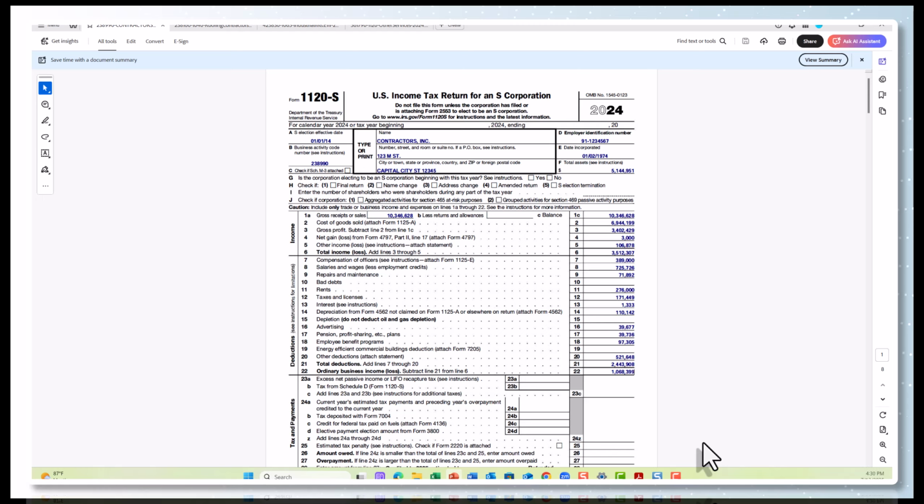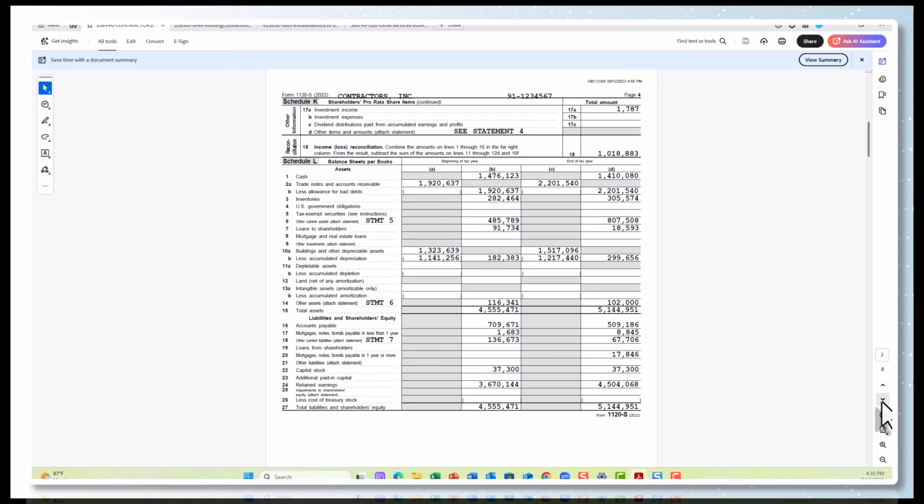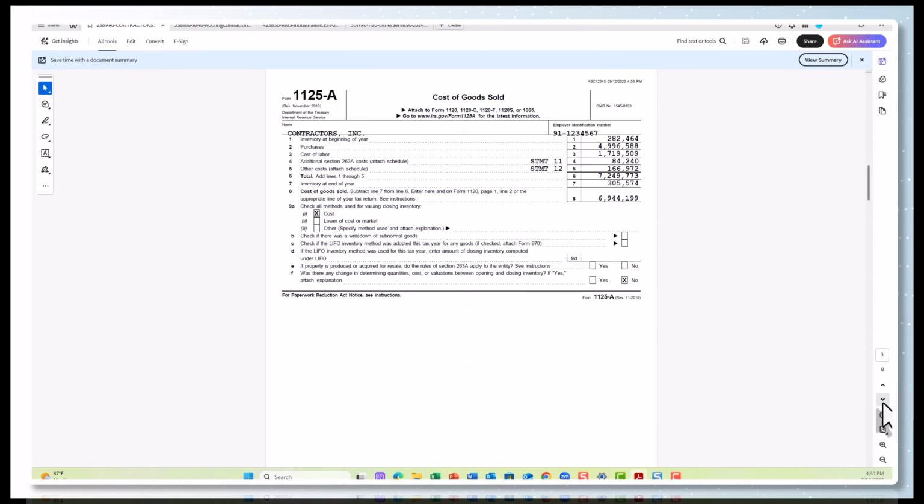The tax returns include an income statement, typically page 1. We'll gather this information, including the business activity code, the name, address of the company. We'll gather all of the income statement information from page 1, the balance sheet for the most recent year or the ending period, including assets, liabilities, and equity, the cost of goods sold from Form 1125A,